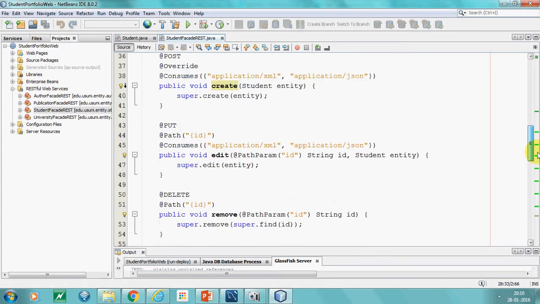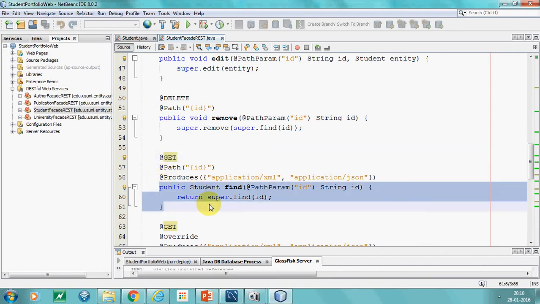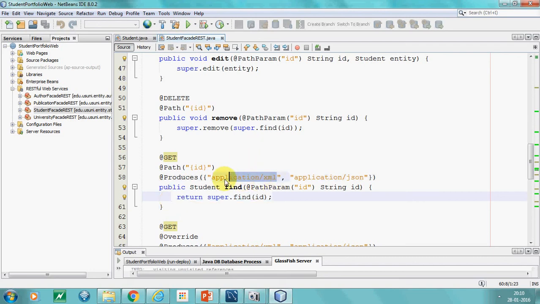So it will immediately find the Java method which has a @GET annotation. Yes, it found the GET annotation and will call this find method, will pass the parameter ID to it, and whatever student record is fetched from the database, its XML representation would be produced because the client had requested the data in XML, and will send the student resource representation in XML format back to the web client.